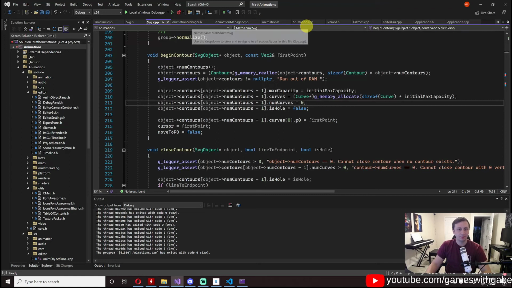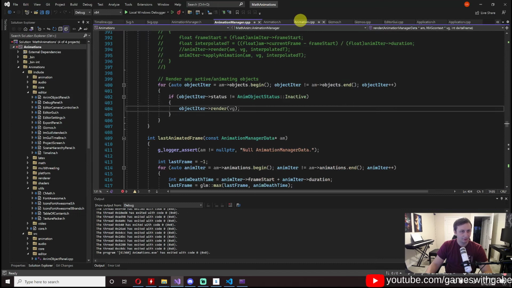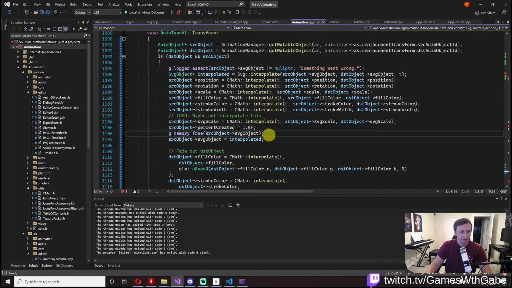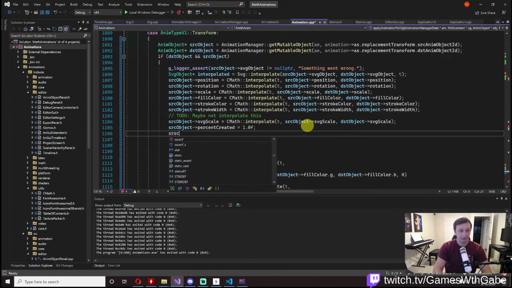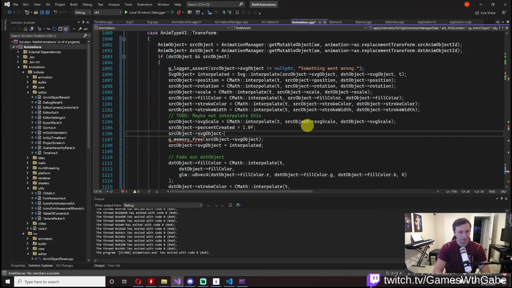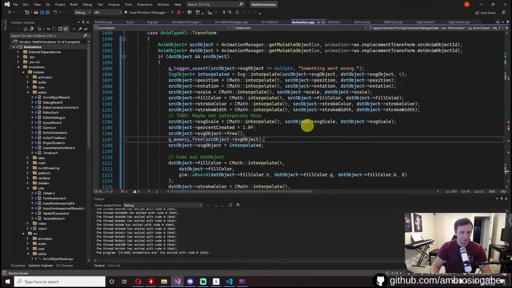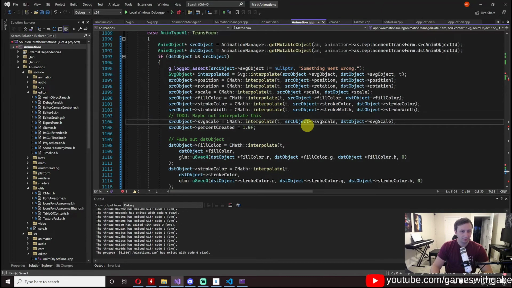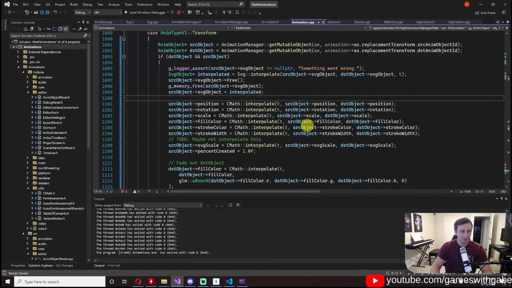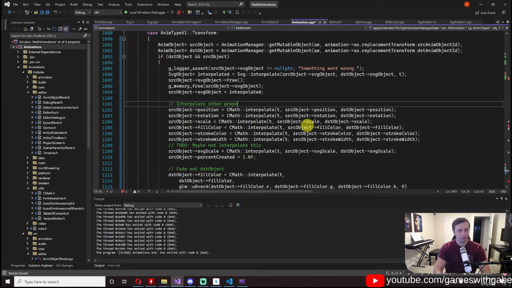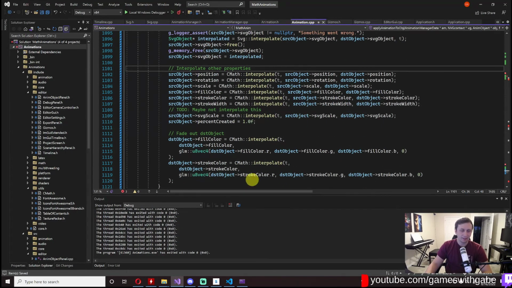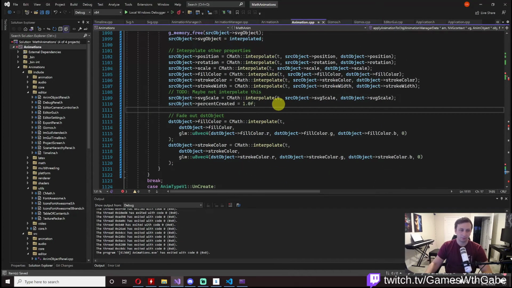Oh, you know what it is? So basically I just need to go, when I free it inside of here. Yeah, so I'm freeing the SVG object here, but I never actually freed the object. So what I needed to say is source object, SVG object, free. And then I need to do that, just delete the old one. Let's just move all of this up to where we actually interpolate it. Right, and then interpolate other properties. Okay, so last thing we want to do here is once the interpolation completes,